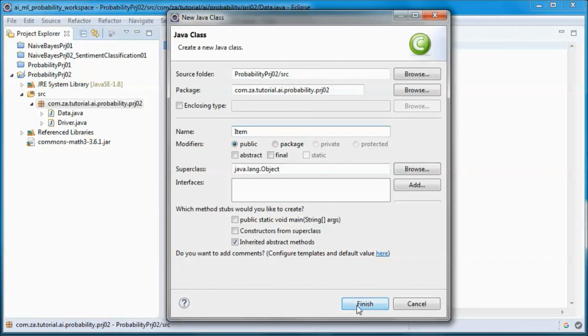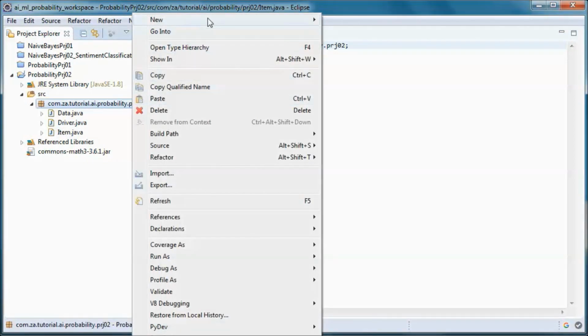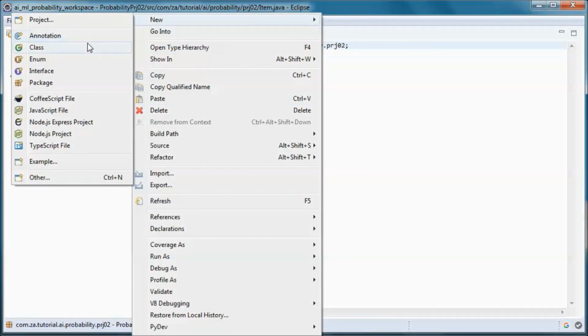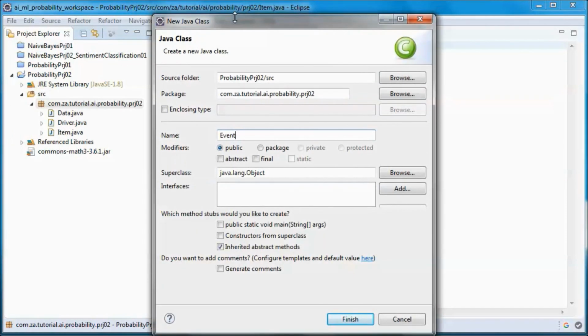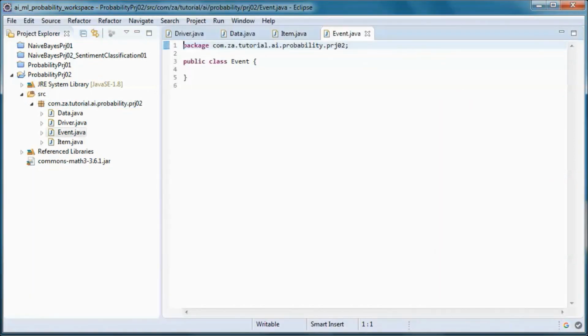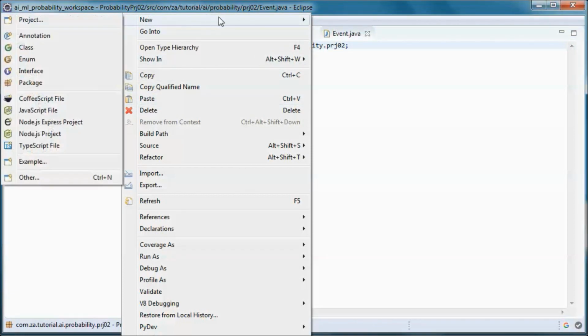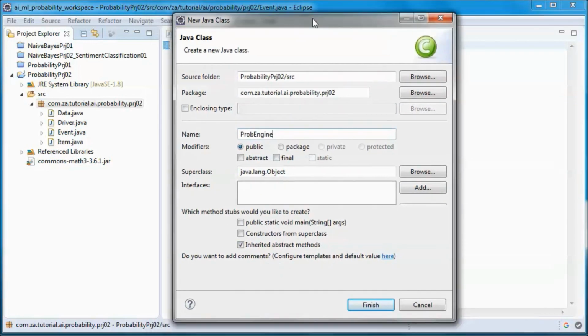So in the case of a 52 card deck, it would represent a card, and this class that represents a subset of the sample space. And this class that will contain the probability and independence check logic.